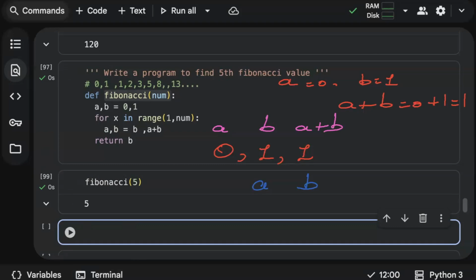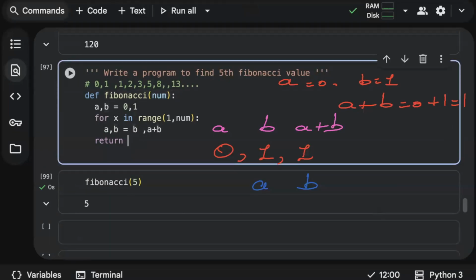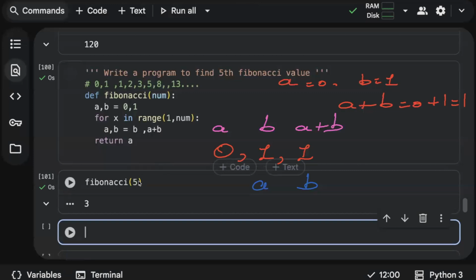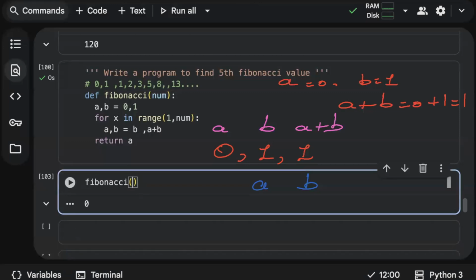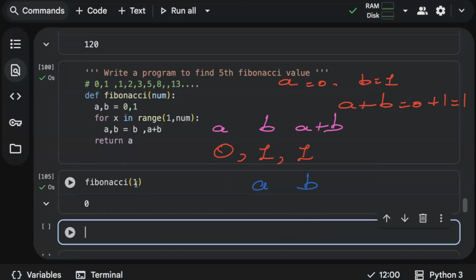I guess we should not return b, we should return a. Yes. See, if I ask for the Fibonacci value at the 0th index, it's giving me 0. The Fibonacci value at the first index is also giving 0. Okay, it's better to start with 1. Yes, the number should start from 1.